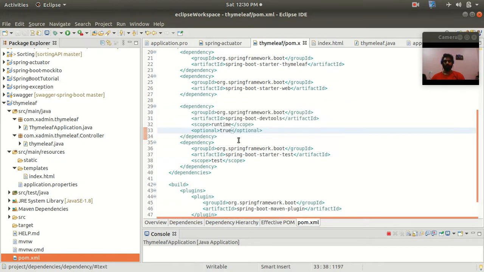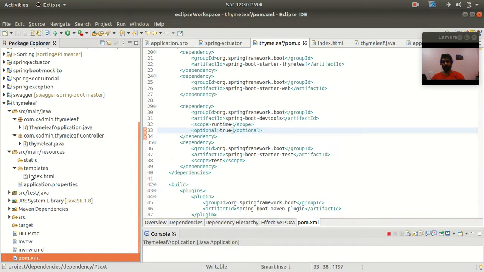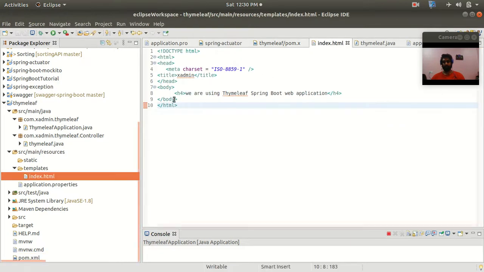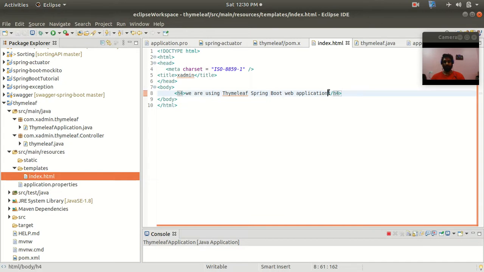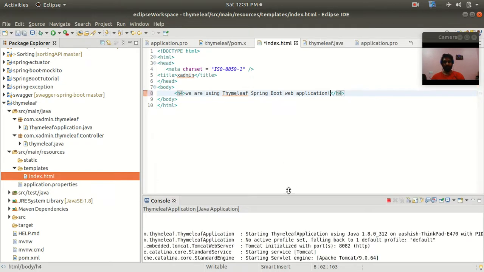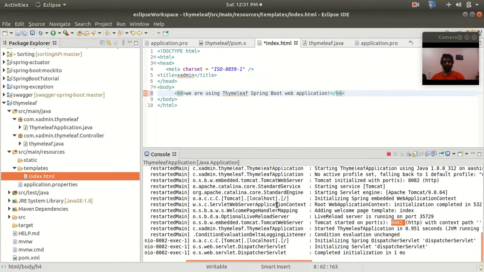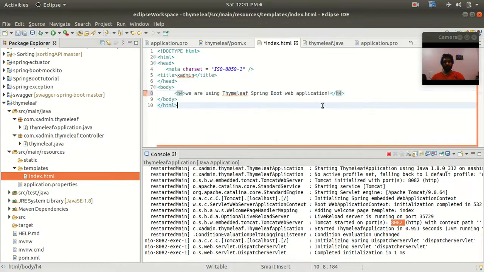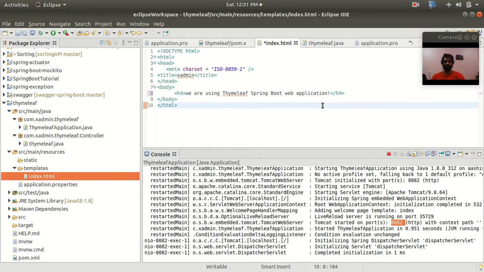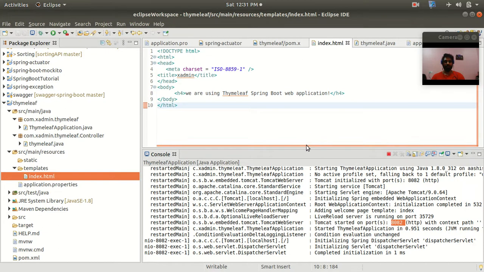So let's see how it works. Let's go to any of these, like index.html, right? And now I will add one thing here, okay? And now as I save, you will see that our server will start by itself. As a developer, I do not need to restart the server. Now I will save this file. So the index.html file is saved, and now,